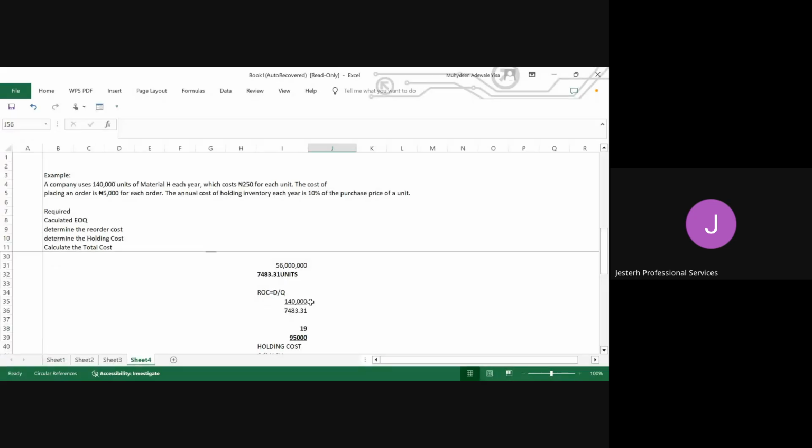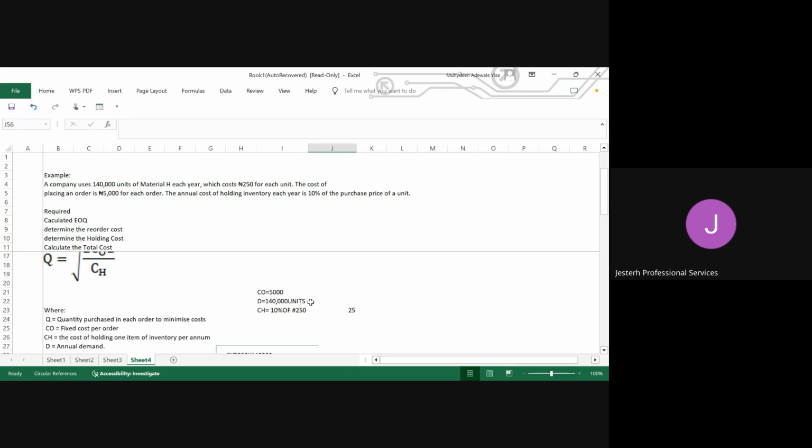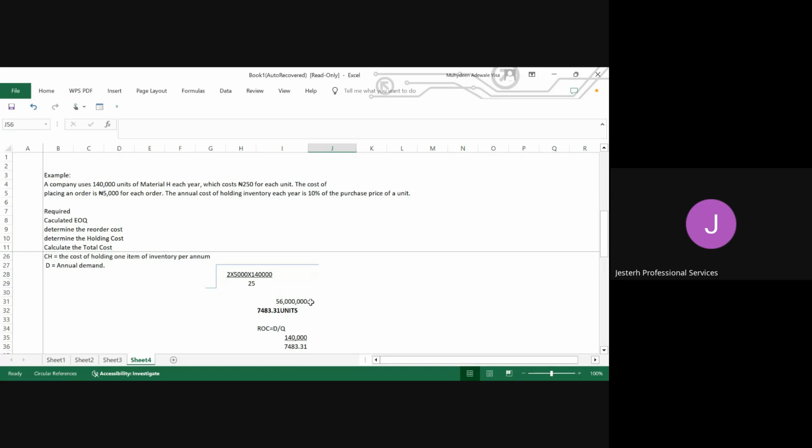That is where we apply this formula of EOQ. The purpose is just for us to know the total units of what we need to be bringing in to meet our annual demand. So whenever you are calculating your other costs, just remember the formula D divided by Q. Your D stands for the annual demand, and Q stands for the quantity arrived at when you are applying your EOQ formula.